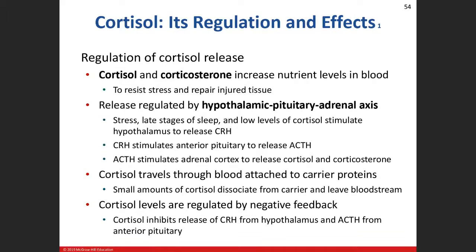So keep in mind, cortisol and corticosterone are going to increase the nutrient levels in our blood. We've got to get the stuff that's sitting in the cells out into the blood, so the much needed cells, like your muscle cells, for exercise or whatever, can use those nutrients for energy production, ATP production. So when we get cortisol and corticosterone released into our blood, this will help with, one, injured